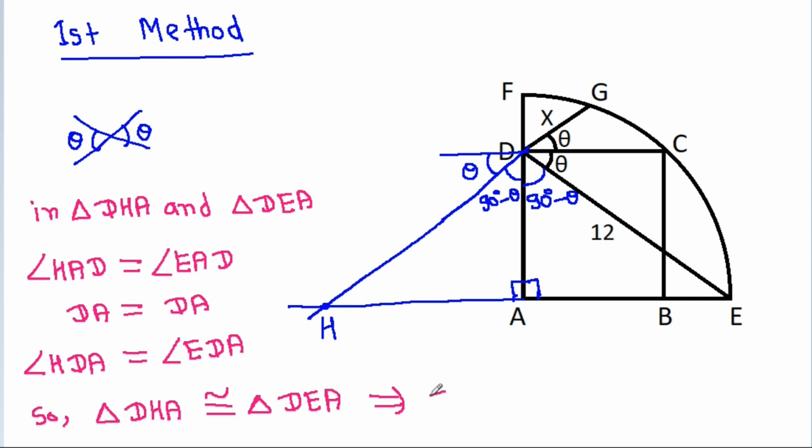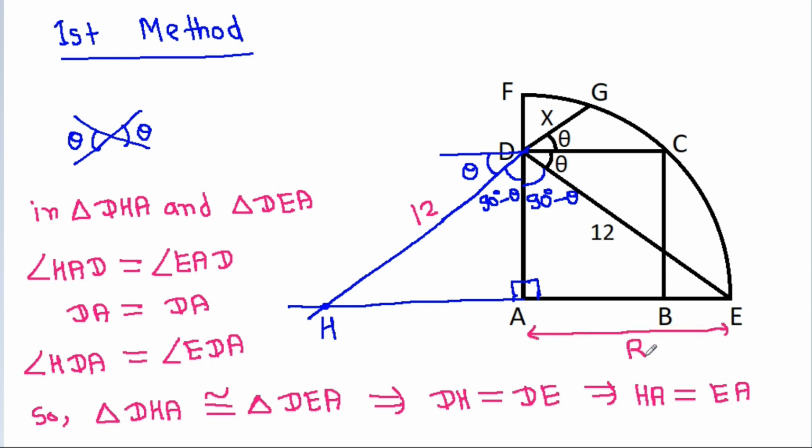So DH will be equal to DE, and DE is 12, so DH will be 12, and also HA will be equal to EA, and EA is radius of quarter circle, so HA will be radius,